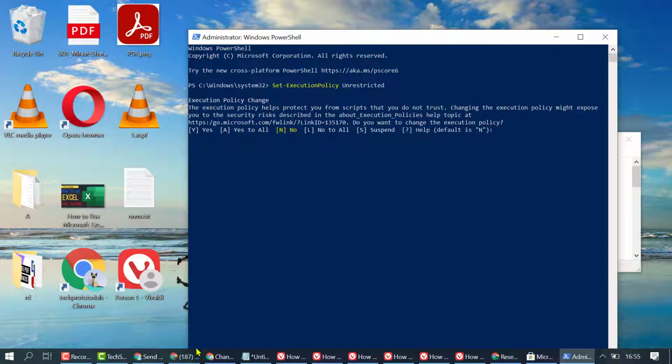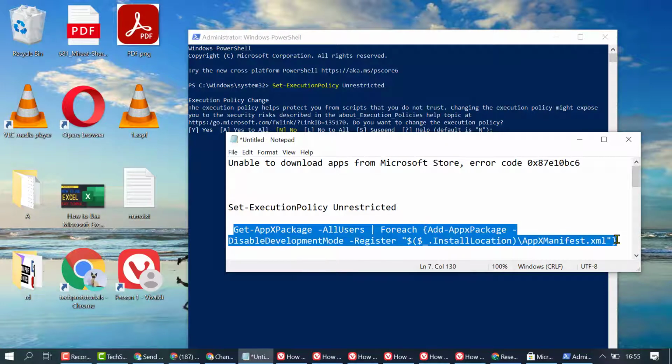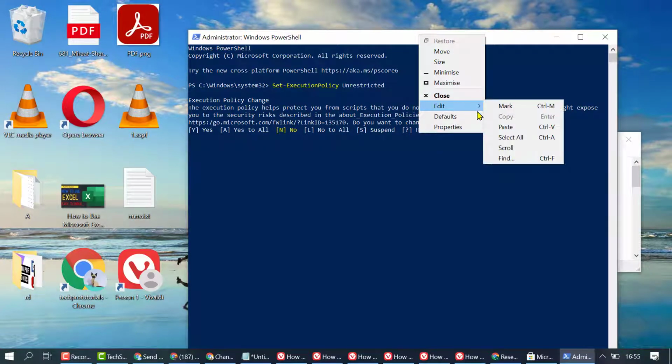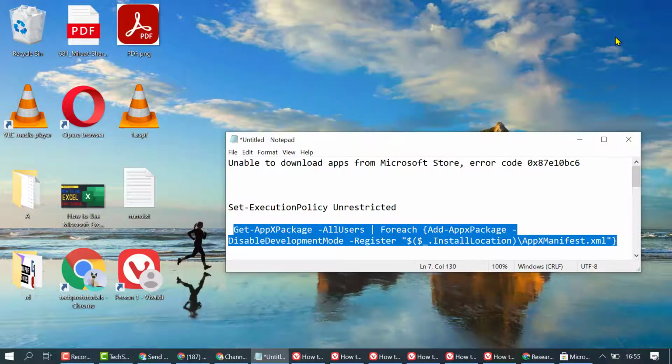Now you need to type this second code. I will give this code in the description and press enter. And restart your PC. After closing it, hopefully this error will be fixed, and if you are still facing the error,